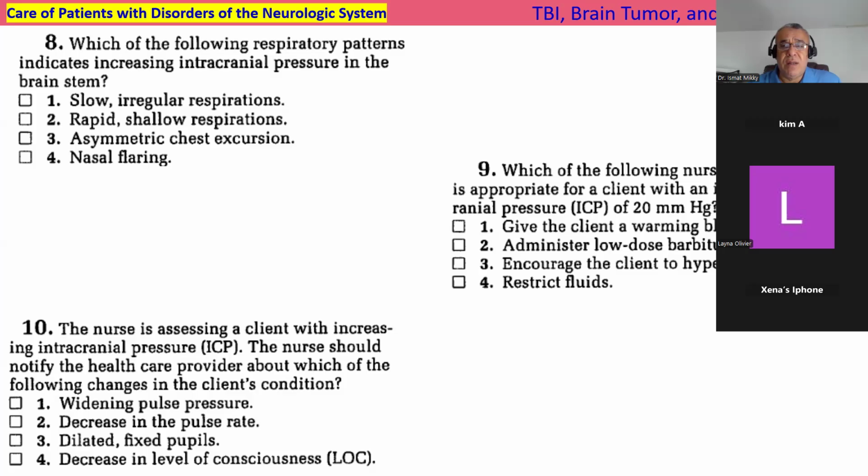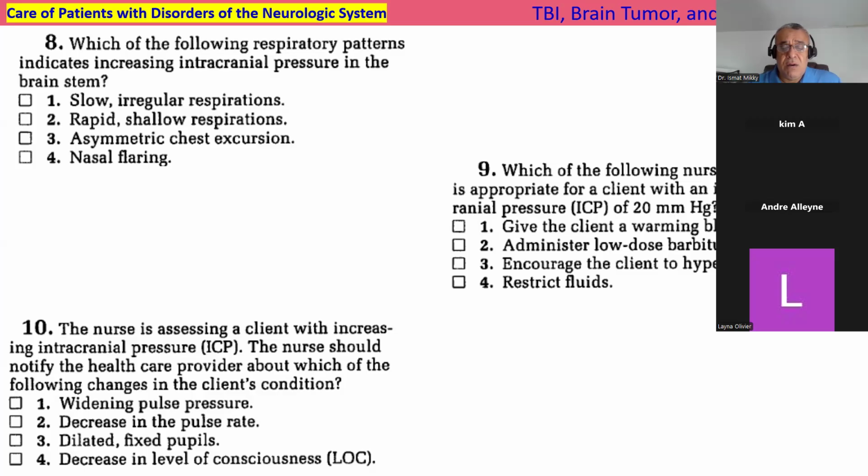Answer for number 9, based on the explanation I provided. 3, yes. All right, number 10,